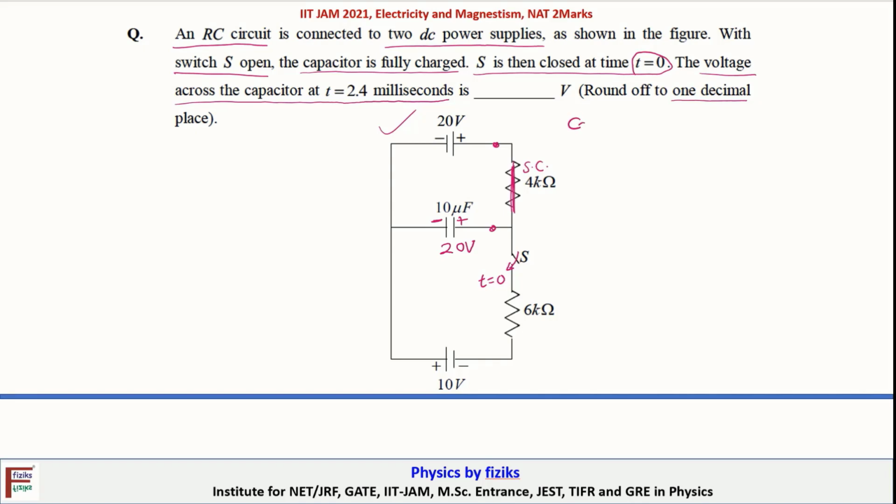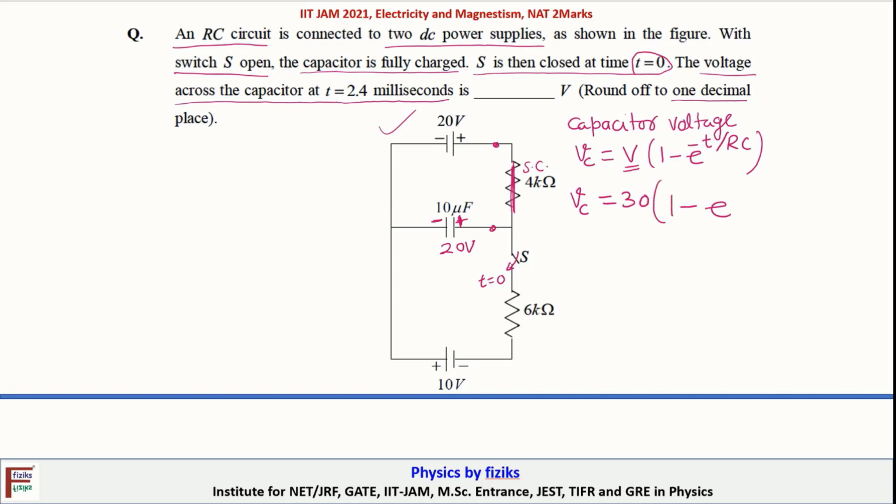So now the capacitor voltage, when the switch is closed, Vc is given by, we can write the formula in an RC circuit, V into 1 minus exponential of minus t by RC. Now see, what will be the value of V? In this case, if we see the polarity of the voltage, you have minus plus this voltage and minus 10. So minus 20, minus plus, 20 volt plus 10 volt. So Vc will be 30 volt. Here you have to write 30 volt.